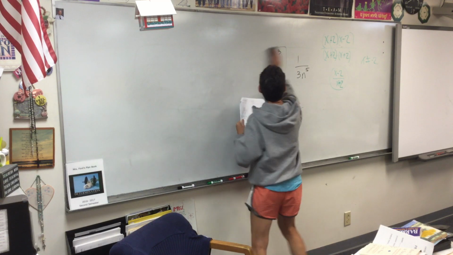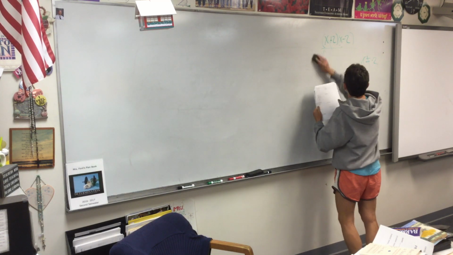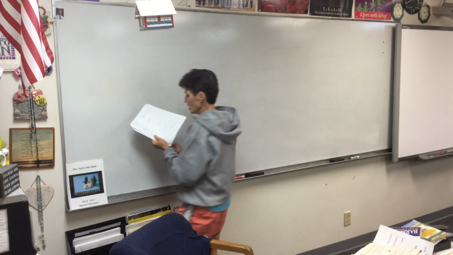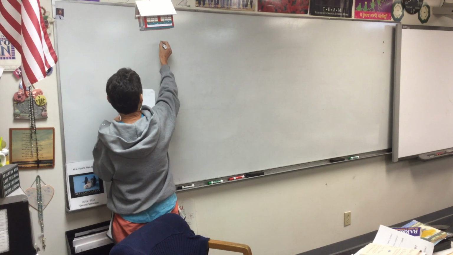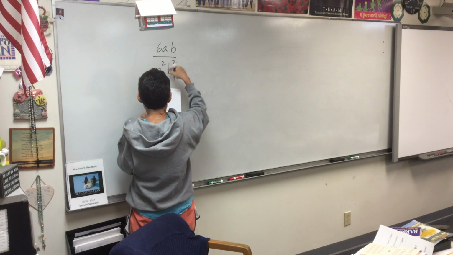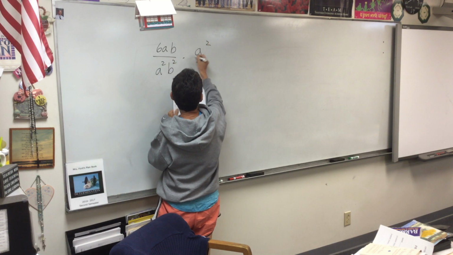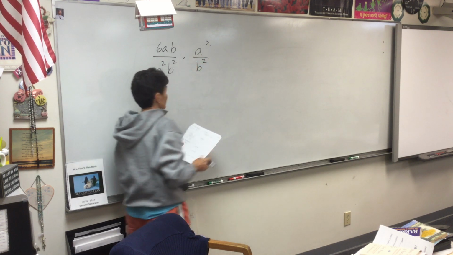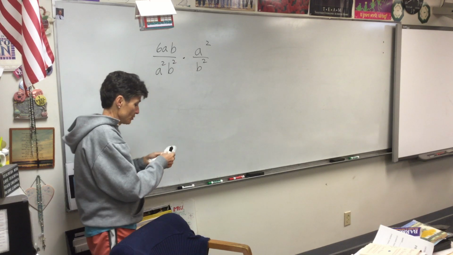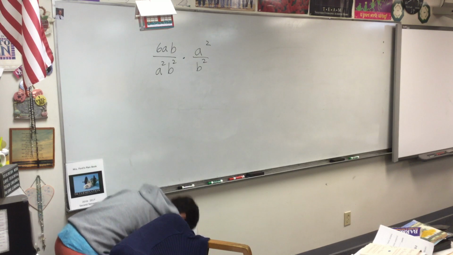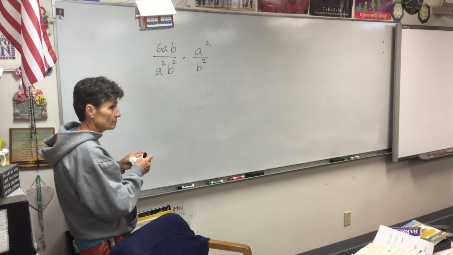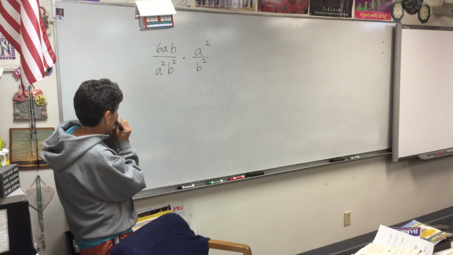All right, the next part, which I can't read, I think, is that 6.1? 6.1 is almost the same thing, except you're going to multiply a couple of these together. So, for example, in number 1, this is 6.1, 1. You have this guy, and then times another guy. What do you think you're going to do with this? Just take a wild guess. What if you found this in the hallway? What would you do with it? What would I do first? Yeah, first I would simplify by cross